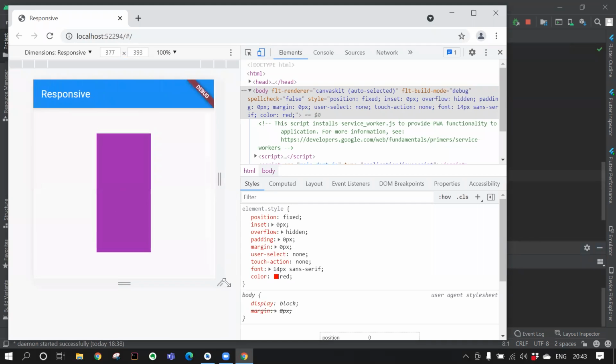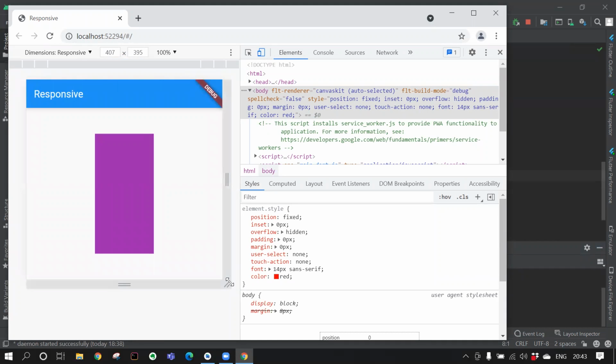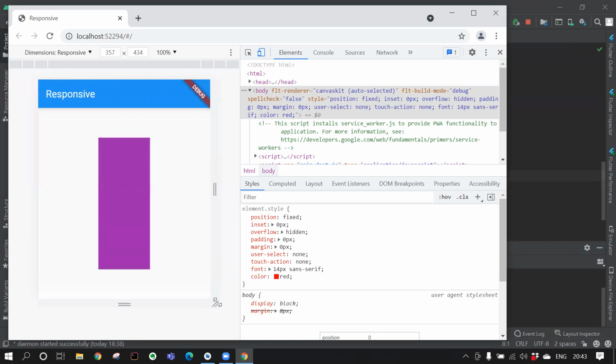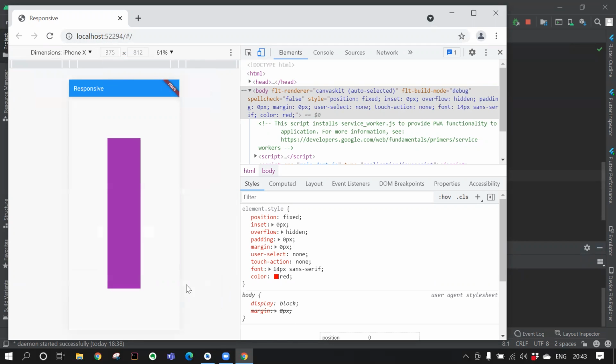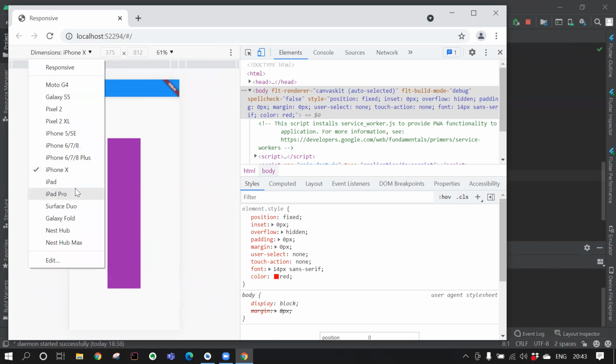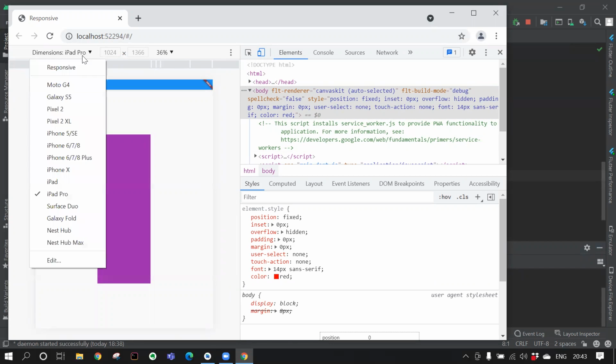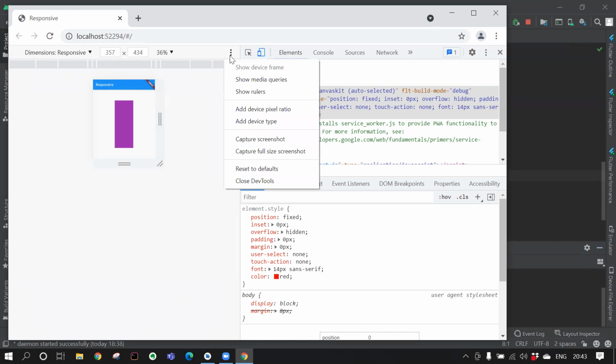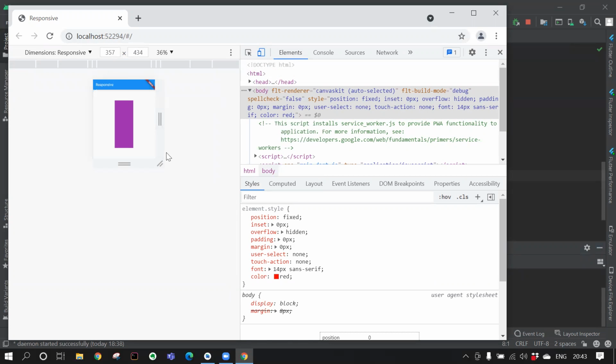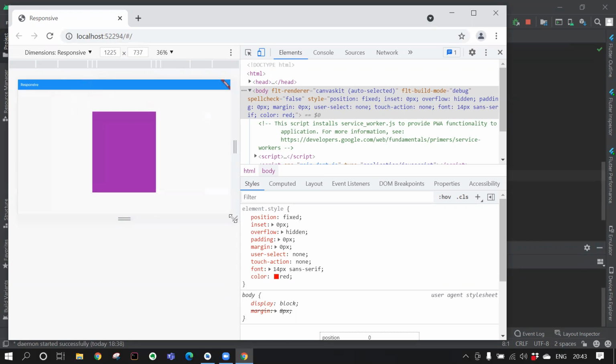So this gives a very responsive and very bright look to the user using this app on whichever device it may be, mobile, tablet, or for that matter, any other iPad. For example, I can show you for the iPhone X also, it's pretty good. iPad Pro also, and also we can make it more responsive.